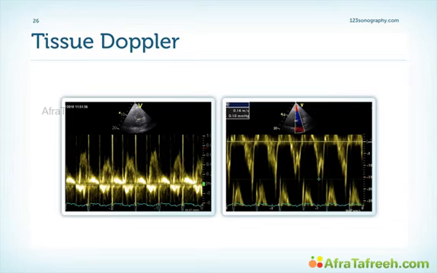There's one more sign that we have to discuss. Tissue Doppler. Tissue Doppler can help us to differentiate between restrictive cardiomyopathy and pericardial constriction. As you can see in this example, in the setting of constriction, we have a fairly high E' wave, which corresponds with a vigorous motion of the mitral valve annulus. This is not the case if we have restrictive cardiomyopathy.